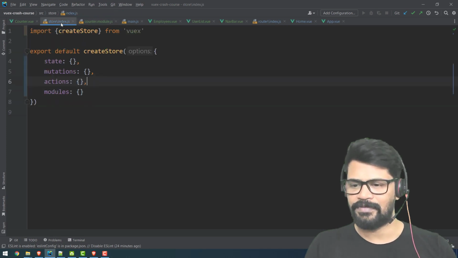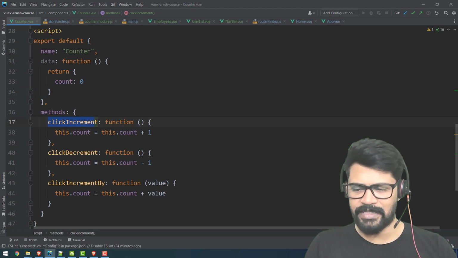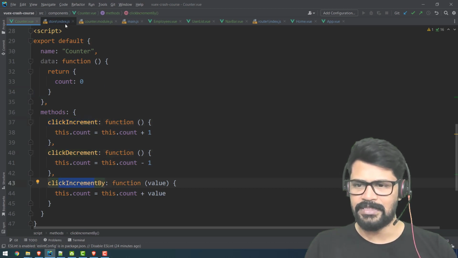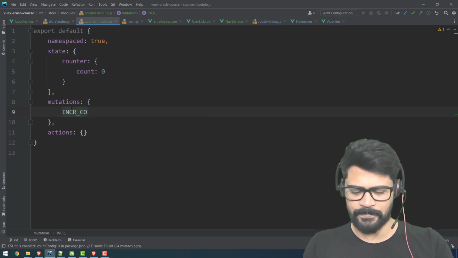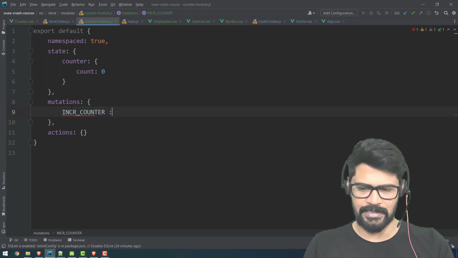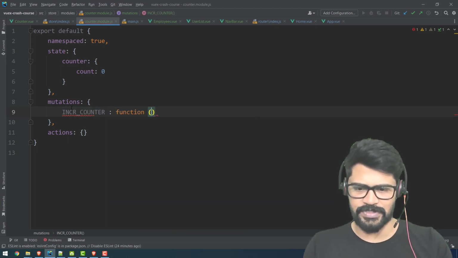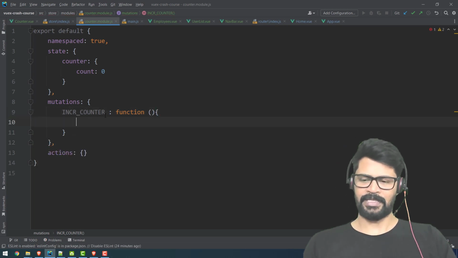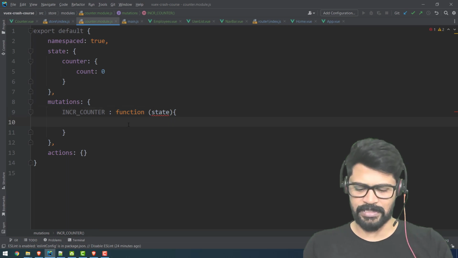So I have three activities I have to make: increment, decrement, and increment by. Okay, so what you do is increment counter. Okay, I'll take it like this. Increment counter is a function which will take up the state, and what it does is this dot